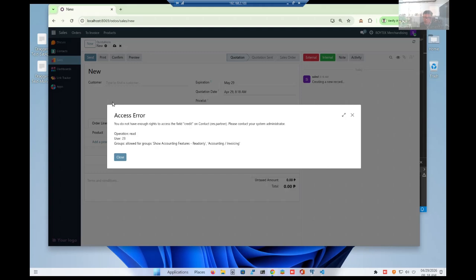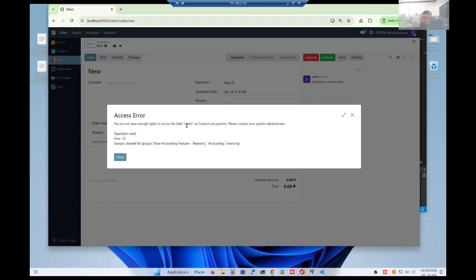And now we have another error characteristic of Odoo 19. It's because we don't have access as sales encoder to the credit field of res partner. We cannot also grant him directly field access to the field credit of res partner.